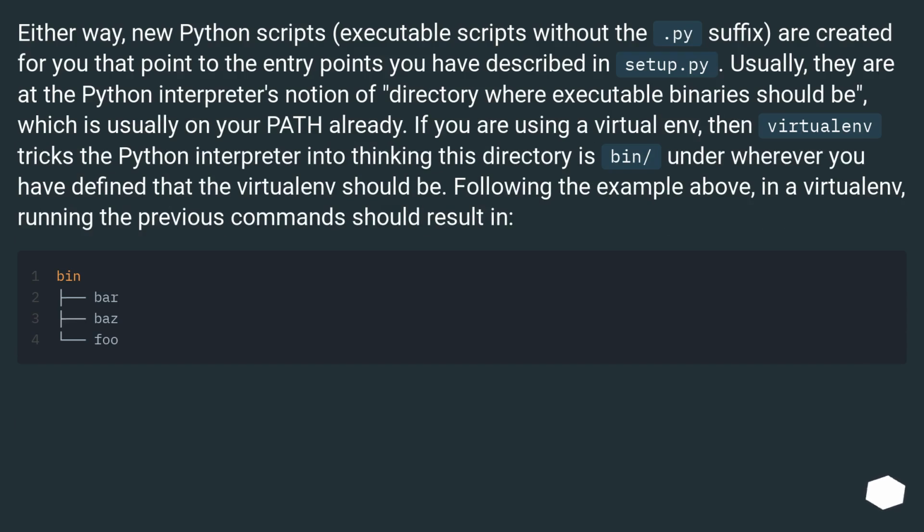executable scripts without the .py suffix are created for you that point to the entry points you have described in setup.py. Usually, they are at the Python interpreter's notion of directory where executable binaries should be, which is usually on your path already. If you are using a virtual env, then virtual env tricks the Python interpreter into thinking this directory is bin/ under wherever you have defined that the virtual env should be. Following the example above, in a virtual env, running the previous commands should result in